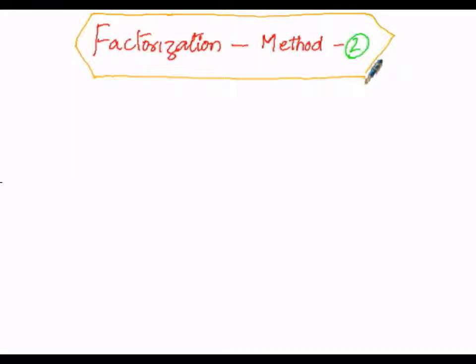Or in other words, we will group the given expression in such a manner that a group consists of some terms such that there is a common factor in each and every group. Then later we will factorize each and every group. Then we take out the common factor out of both the groups. That's why this method is called the grouping of terms.